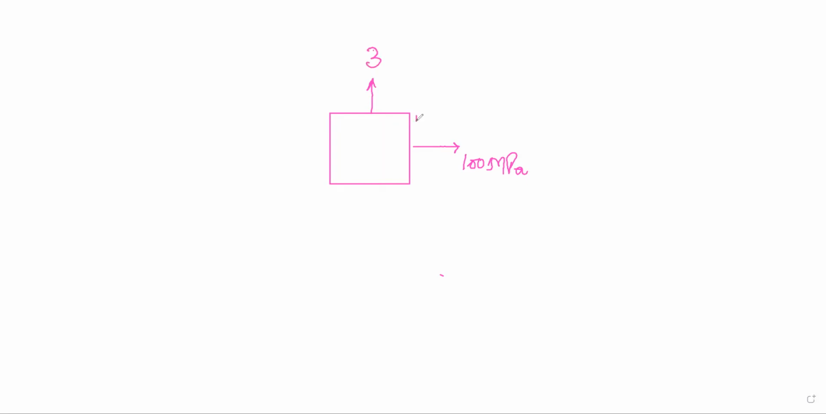How much was the shear stress? 28 megapascal was the shear stress. And the normal stress along the y-axis was 34 megapascal. Okay. So the question that was in front of us was what happens if this stress element is rotated by